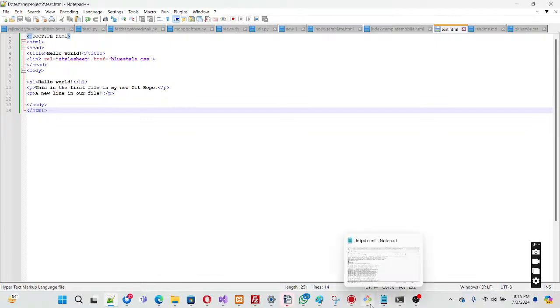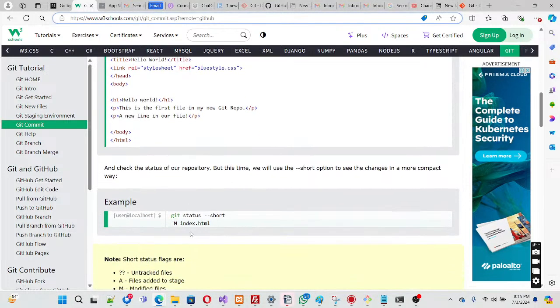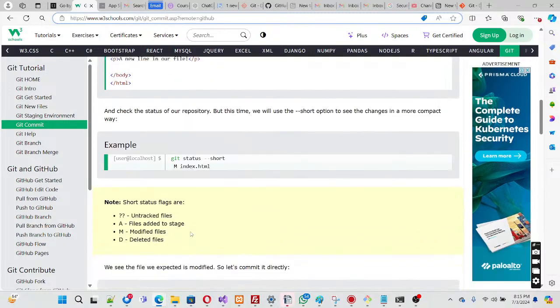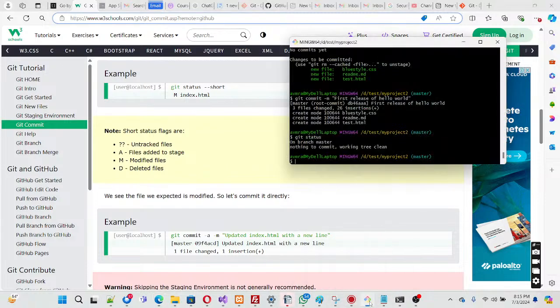If you are confident, it can go directly into the repository, right? So we can do git commit minus a minus m, okay,